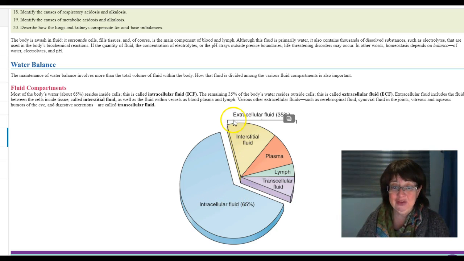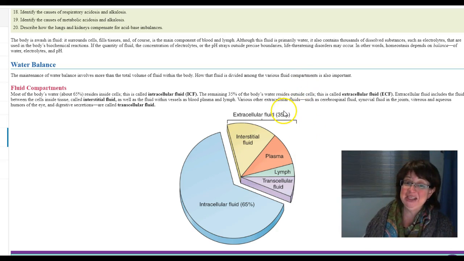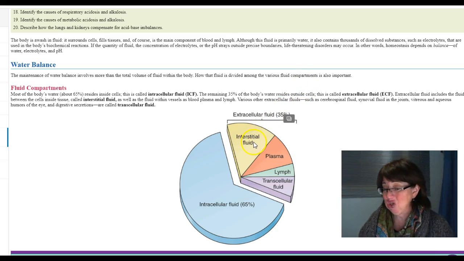Then you have the fluid outside the cell. So most of the body's water resides inside the cells, called intracellular fluid or ICF. The remaining of it is outside the cells, and that is broken into interstitial fluid, which is sort of the fluid in the tissues around the cells; plasma, which is the fluid in your blood; lymph, which is the fluid in your lymph vessels;